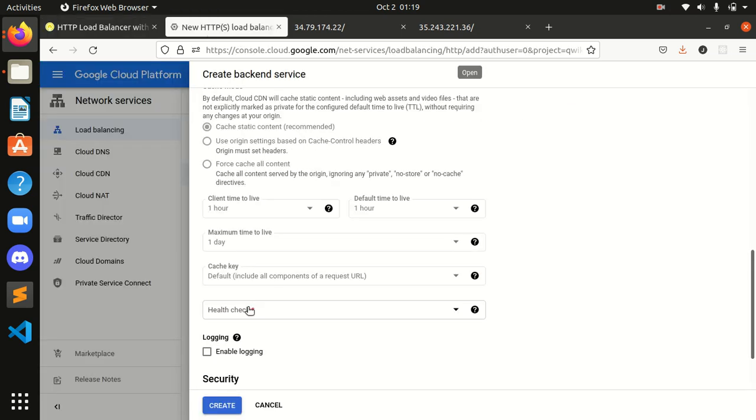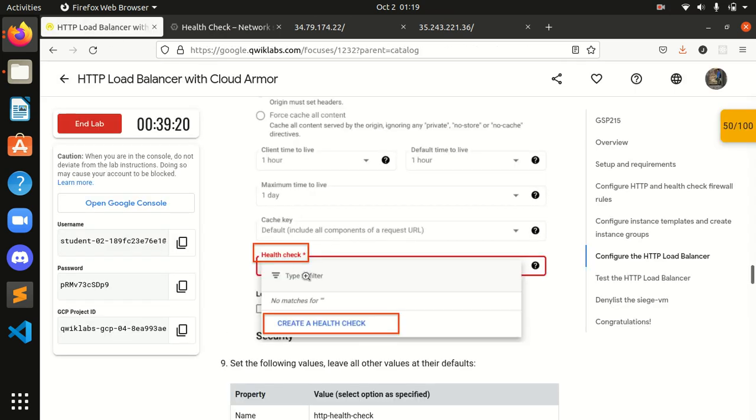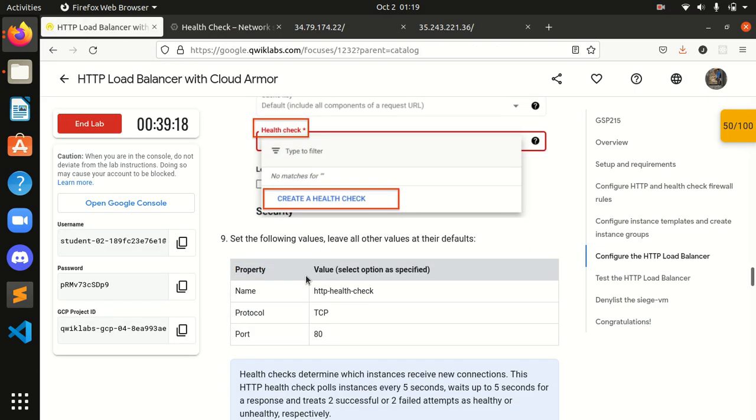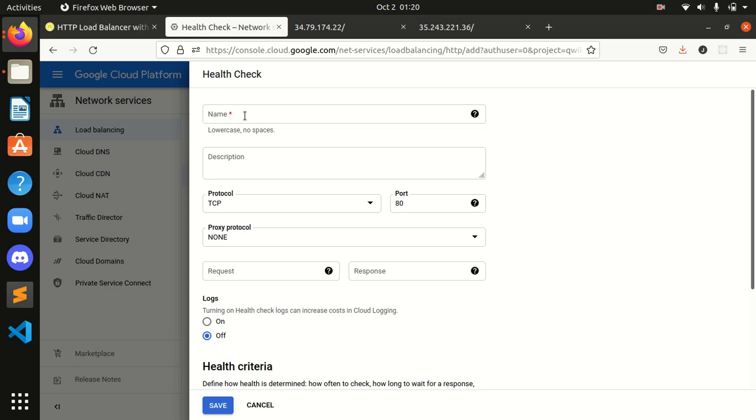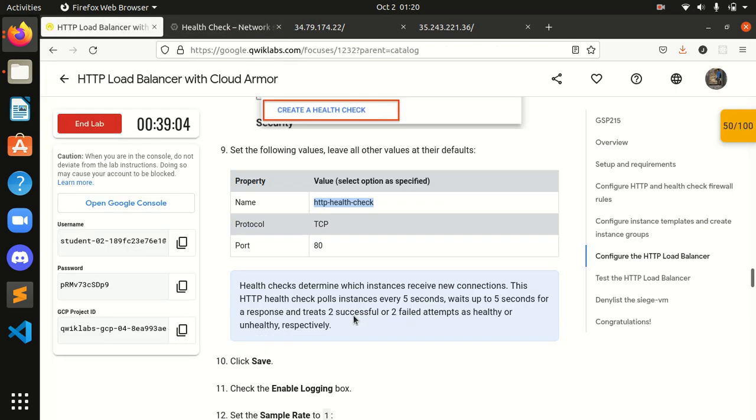For health check we will select create a health check and set the following properties. Protocol TCP, port is already 80 guys.